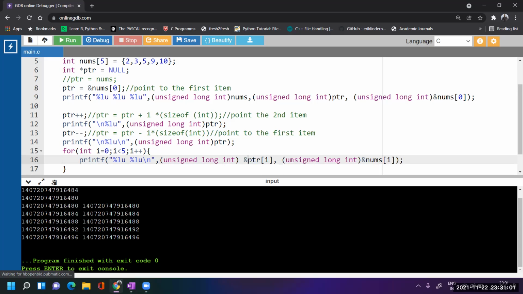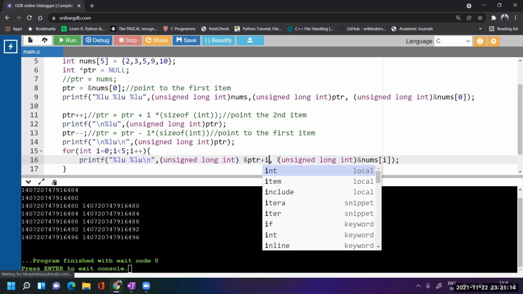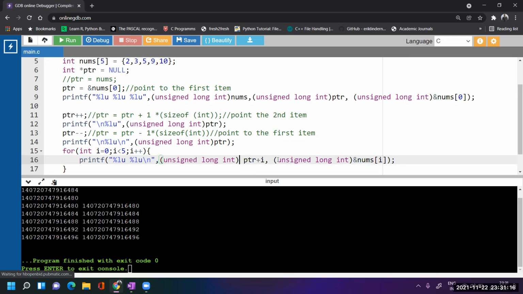Okay, let me just try with the syntax that I have written in the offline compiler. Instead of this, if I do this, PTR plus I, it gives me the address, fine, no issue. Instead of this typecasting, if I use %p, typecasting is not required.